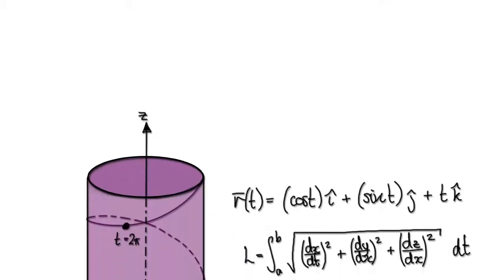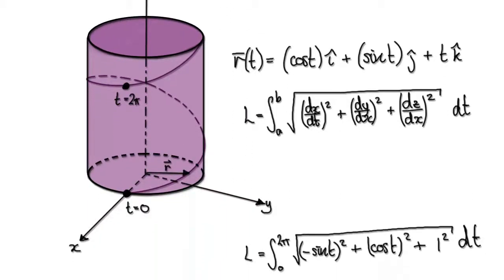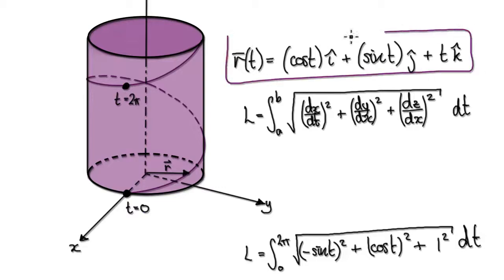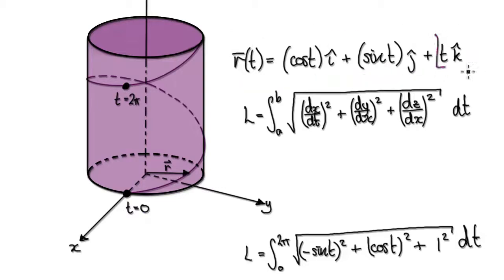In this video, we're going to work out the arc length of a position vector. So given this position vector, the particle is going to move like this, and we are going to work out the arc length. The arc length is the length along this path from time equals 0 to time equals 2 pi. So when you read this, if you discard the height, the movement in the z direction, in the k